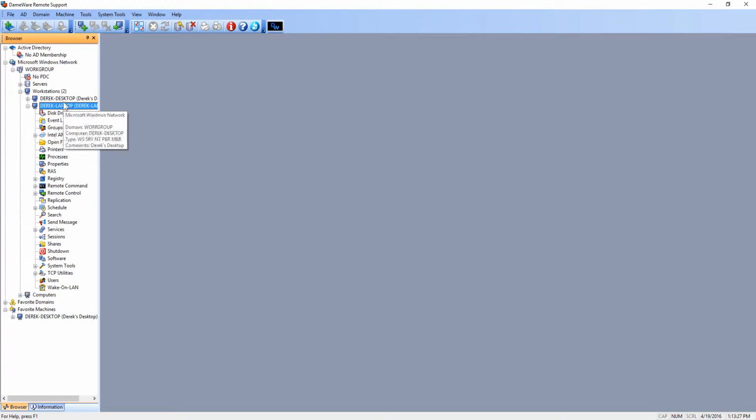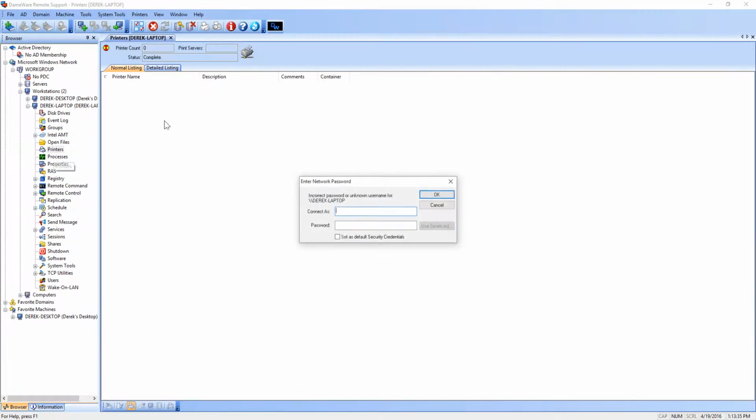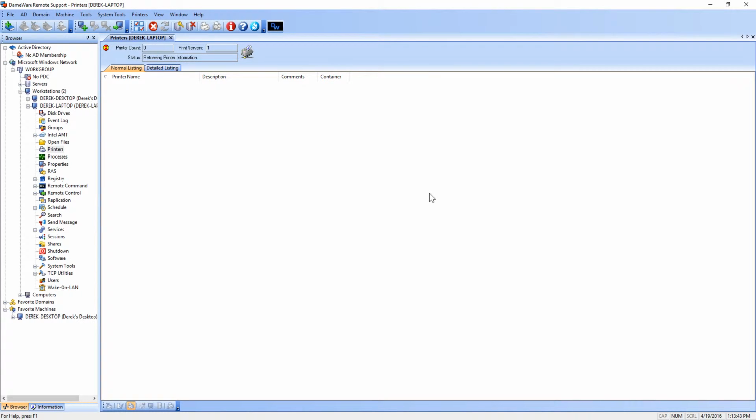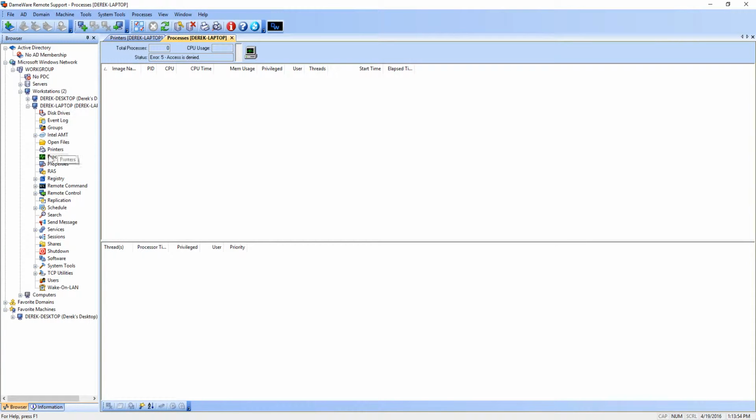You can bring up the computer and you can see all sorts of stuff. Like you could see their drives, you can see printers, so you could control all sorts of different settings. You could see processes. You could go into the registry, do remote commands, shut down, restart, look at the services, change services,